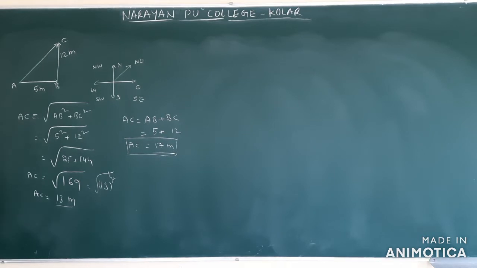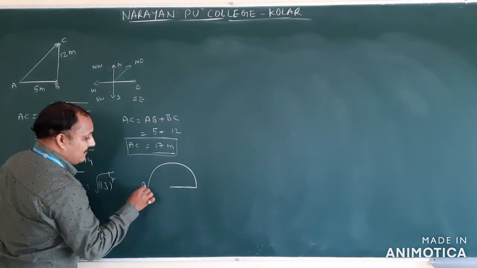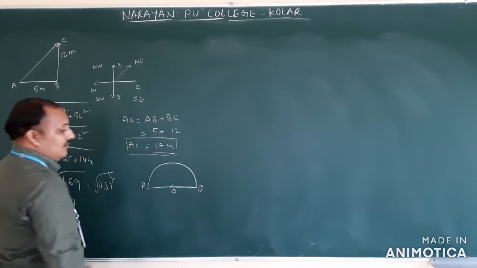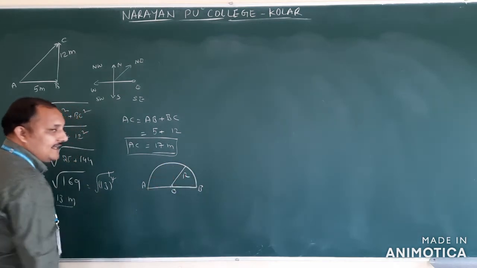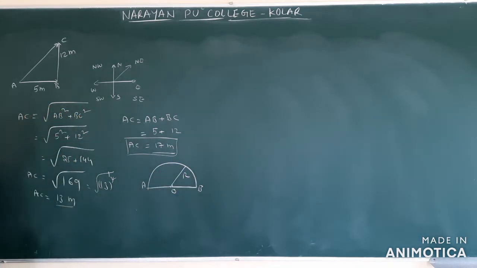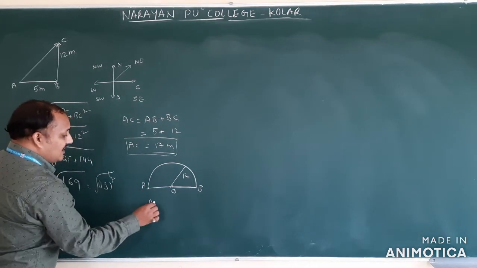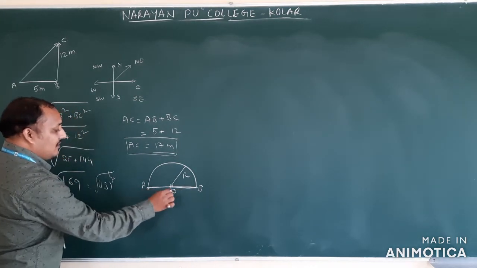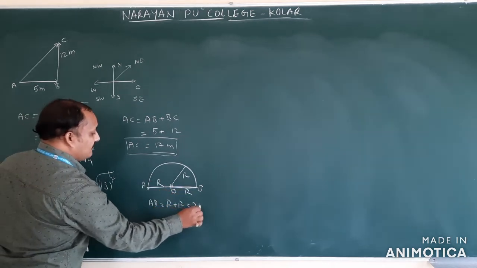See example number 2. A particle moves in a semicircle of radius r from A to B. Find the displacement and distance in a semicircular path like this. This is A, this is B, this is O. What is the radius? They simply gave r. So A to B is a semicircular path. First, are they asking distance or displacement? They are asking displacement. What is the definition of displacement? Shortest possible distance, from here to here. So A to O is r, O to B is r. Therefore the shortest possible distance is 2r.